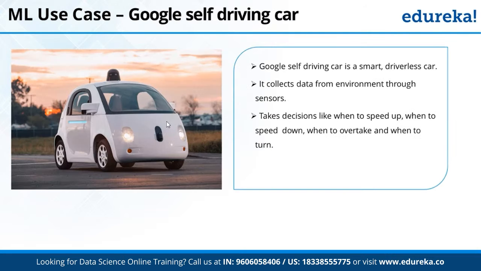Machine learning use cases. Google self-driving car. Google self-driving car is a smart driverless car. It collects data from environment through sensors, takes decisions like when to speed up, when to speed down, when to overtake, and when to turn right. So basically what this car actually does, it captures the images. Suppose the car is driving, it captures the images which is in front of that car,